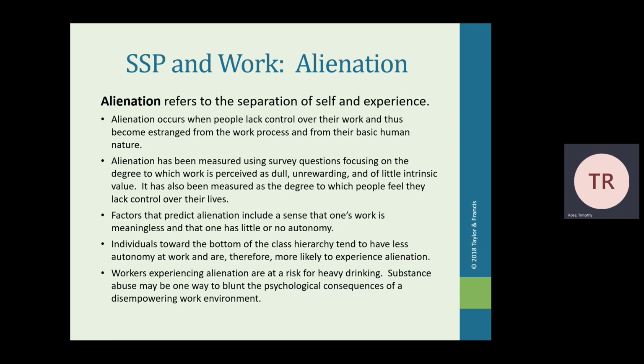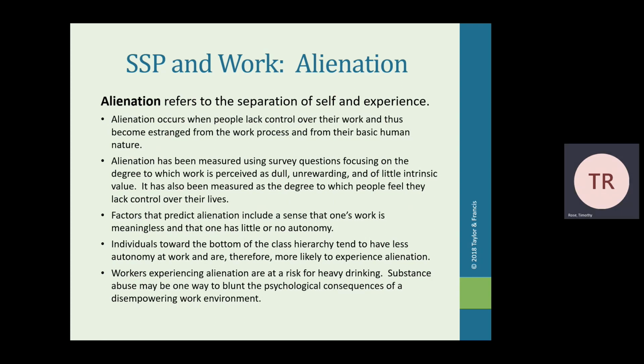So, what is alienation? Alienation refers to the separation of self and experience. This is actually a term that you find in a lot of earlier sociological research. We know that Marx talks about it whenever he talks about the worker being alienated from the fruits of their labor and the means and modes of production. I want to say Durkheim also talks about alienation to a degree. I think it was in his work whenever he was researching suicide. So this term has hung around for quite a while, and it's varied over the years and varies depending upon the specific focus of the sociologist and the theoretical paradigm that they're working within.